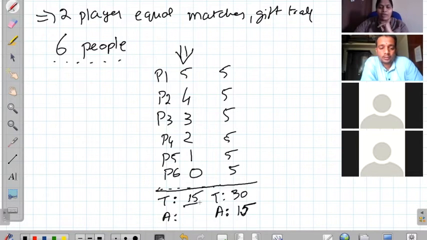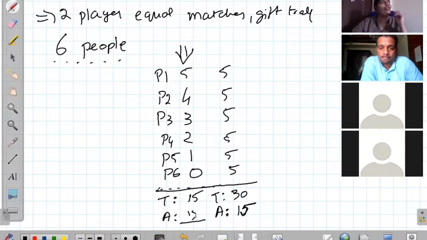Sum of matches played by each one is 15, we already have that. What is the number of actual matches played in the club that day? It is still 15. Yes. Okay. So this would be 15.